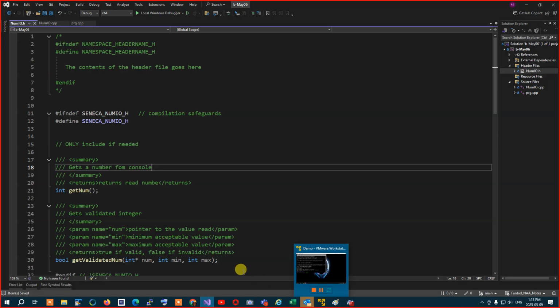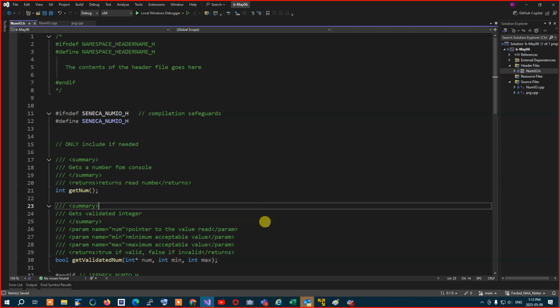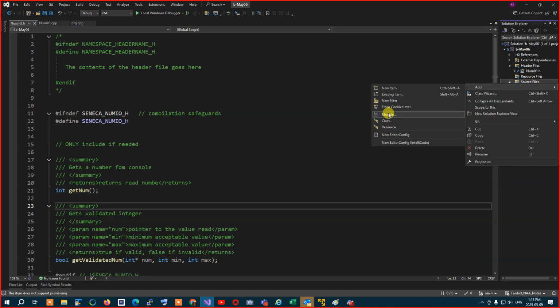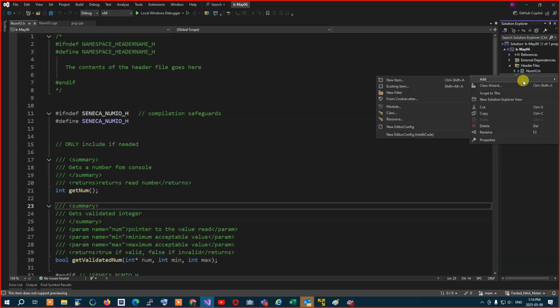All right. Now the next thing you need to do over here is to understand what a namespace is. So namespace is again something that we have to explain. It becomes a little tricky, but we have to explain. So let's say you are working for a company, okay? And in that company there are different departments. Let's say I want to write, and for that I'm going to create another thing over here just to explain to you what it is. I'm going to create a new file, add new item,